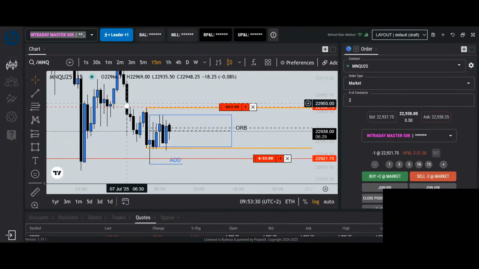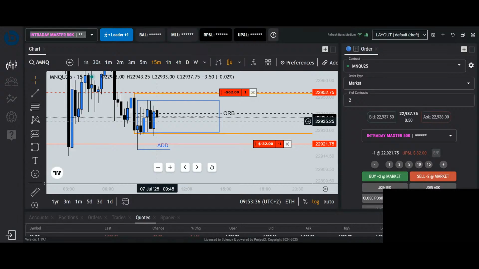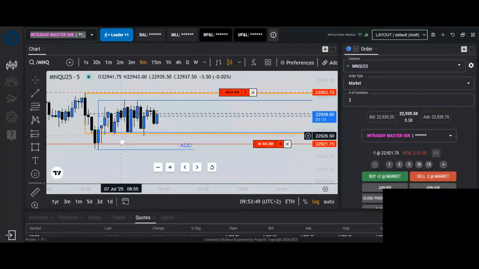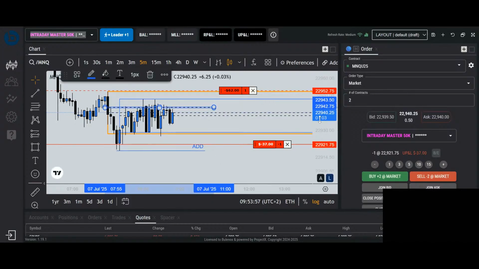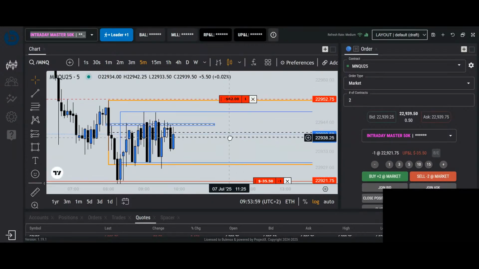You can add when you get into a fair value gap and then put your stop again at the same high. And then you can only add half of the first add. So say that you added at the beginning a full R and you came into this 5 or 15-minute fair value gap. Say that you came into this 5-minute fair value gap right here, and you wanted to add to this trade.